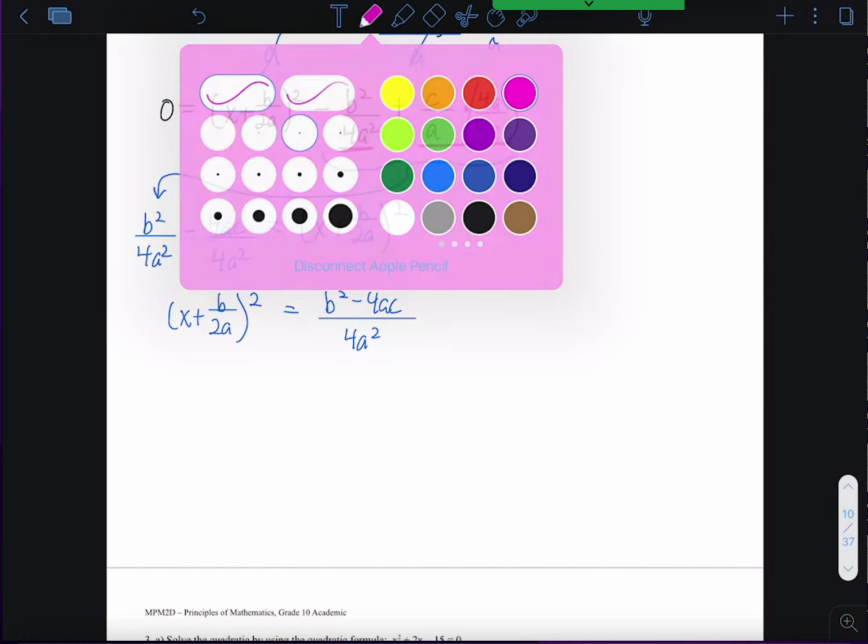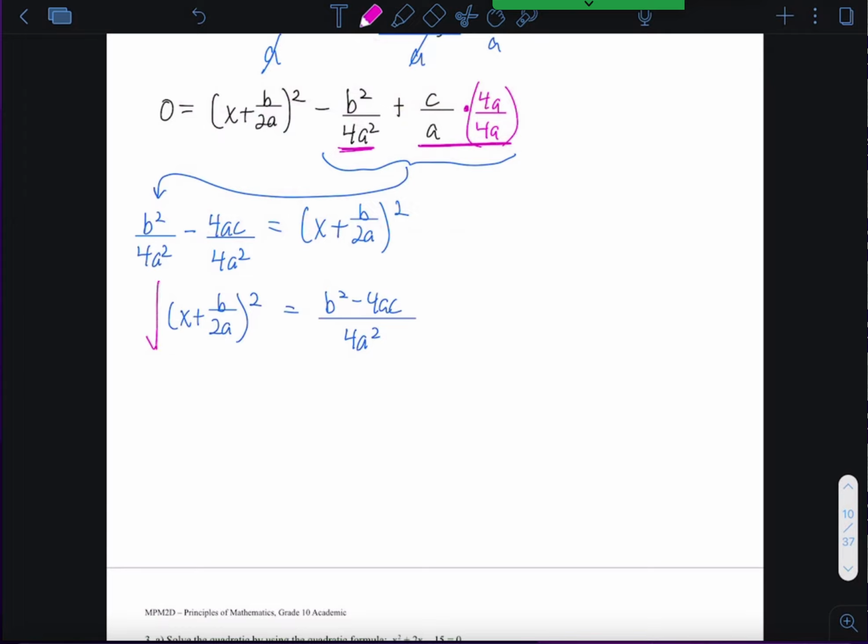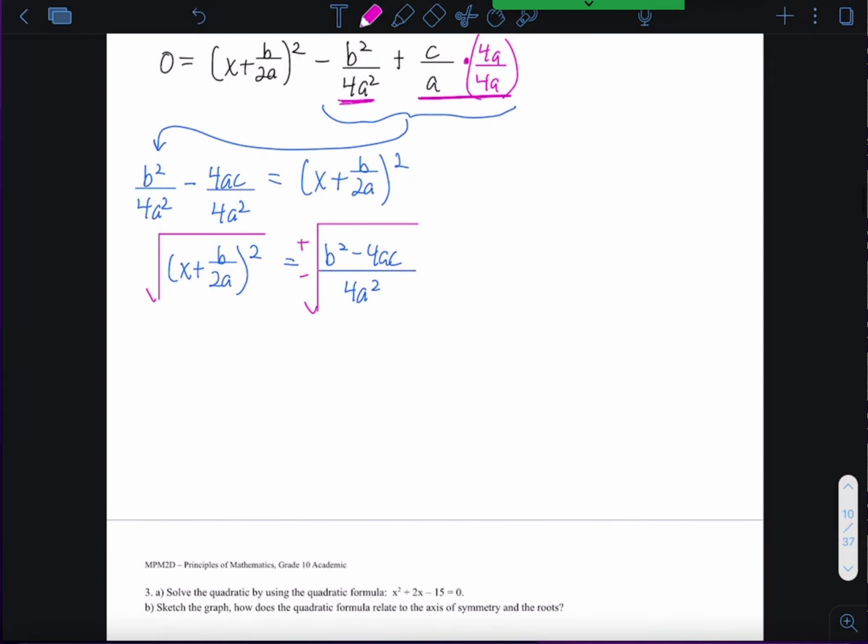And if you remember, guys, at this point, what we would do is square root both sides. Not when we completed the square, when we were solving for x. So we have plus minus. So now I get x plus b over 2a equals plus minus the square root of b squared minus 4ac